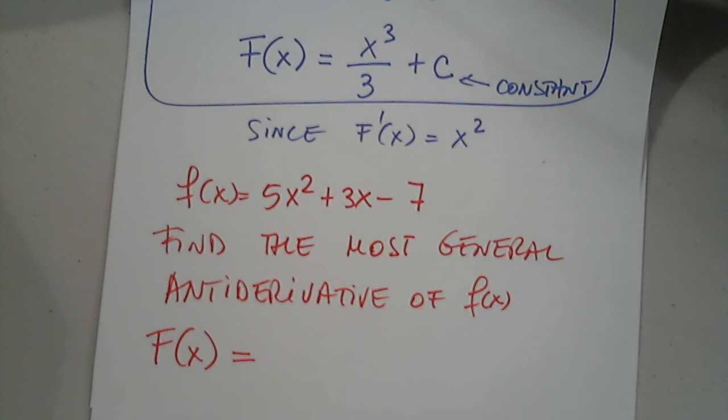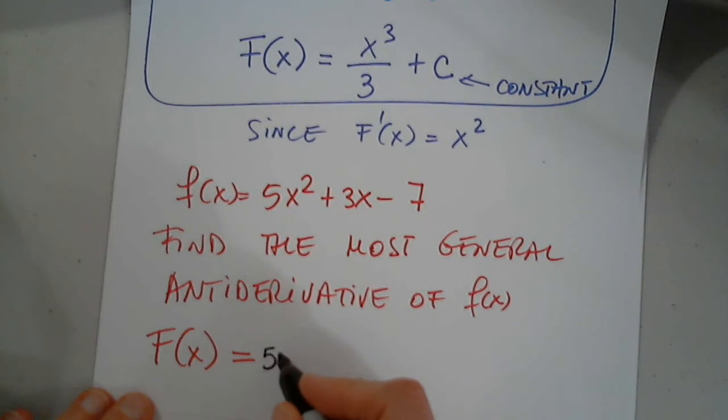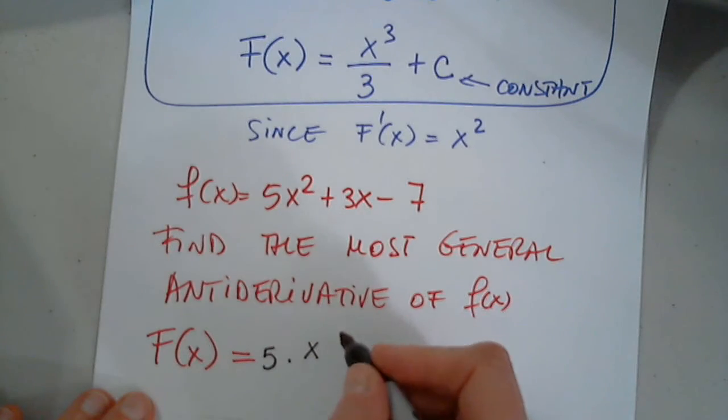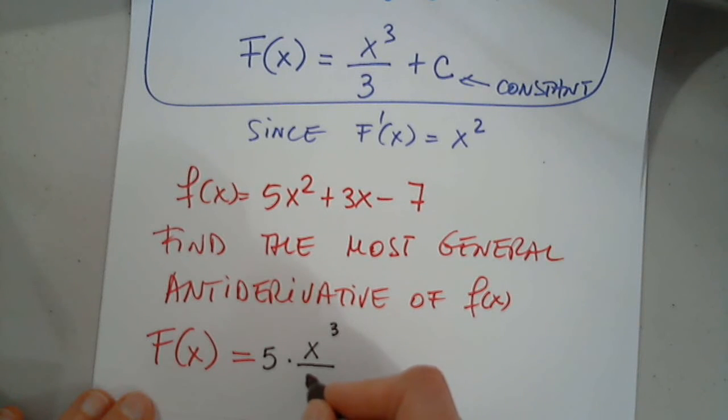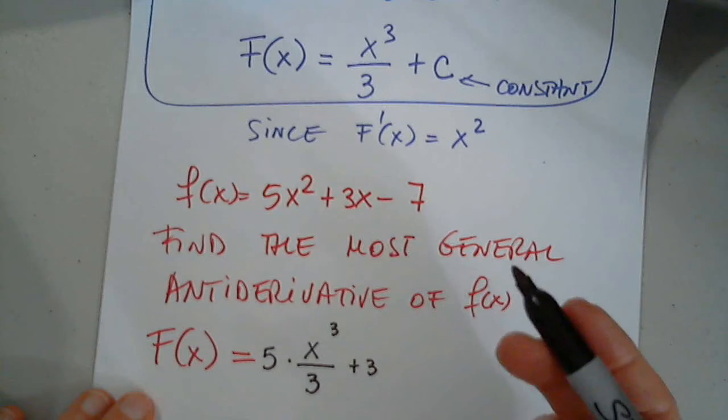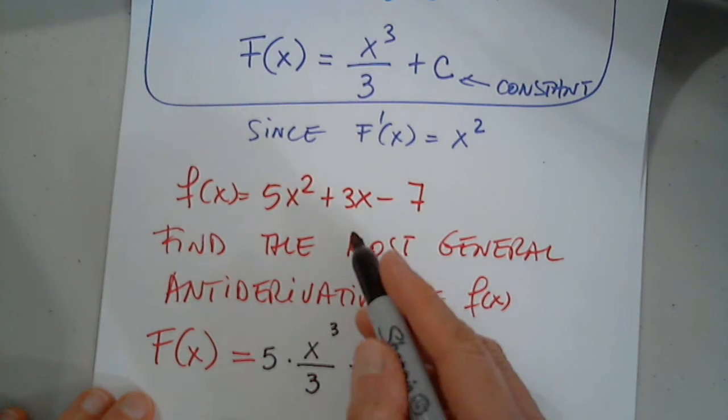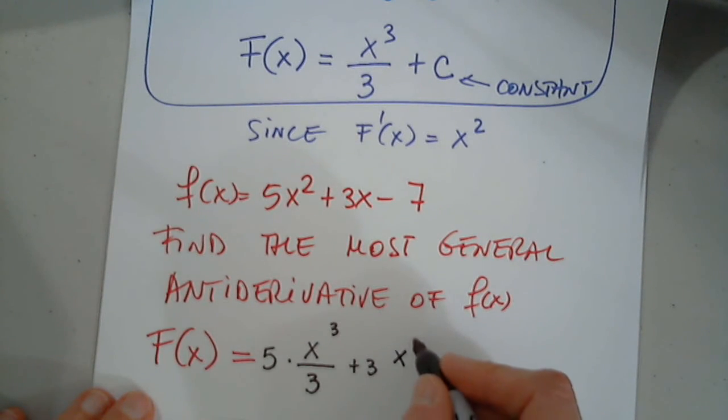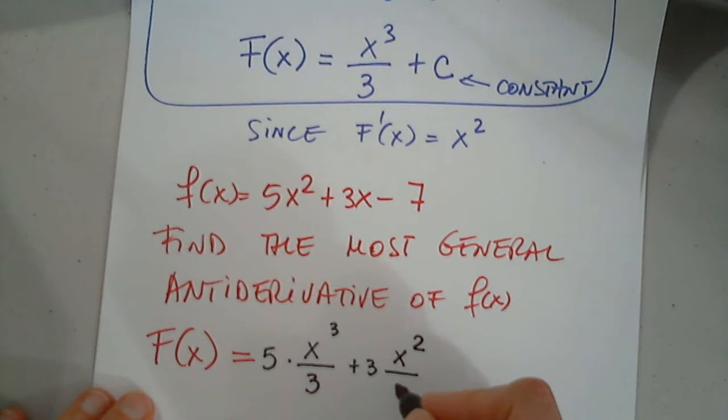By convention, that's the notation. Okay. So I have the 5x squared. So 5 stays. I multiply by x, increasing the power by 1 and dividing by that number, plus 3x, increasing the power by 1 and dividing by that number, and then minus, what